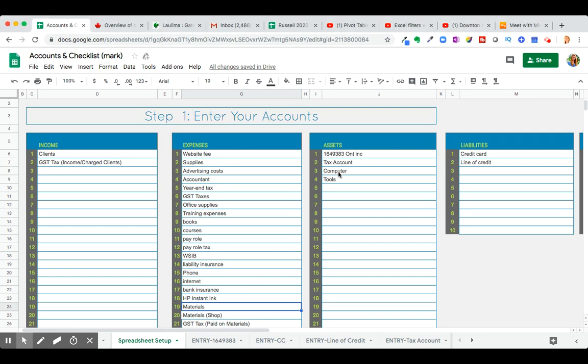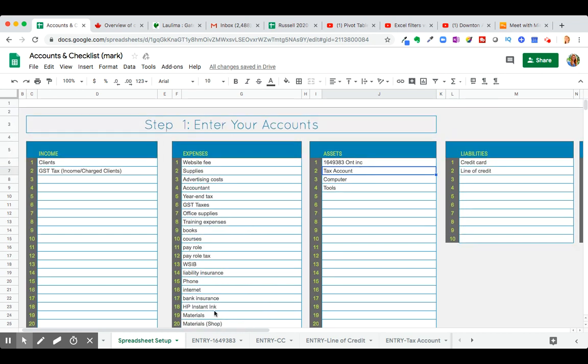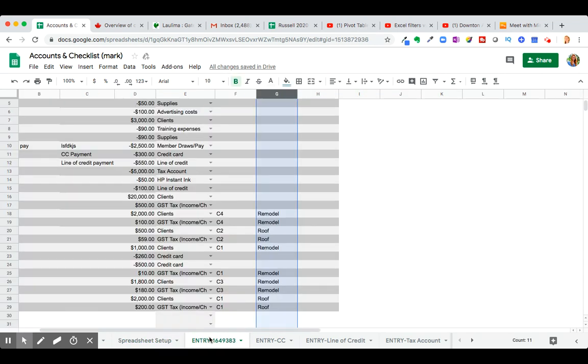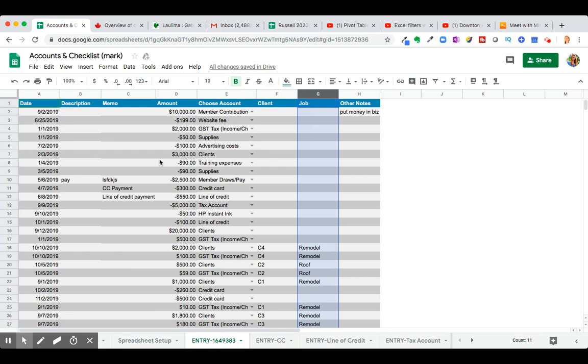I added in here your bank accounts just based on the names, because those are assets, part of the balance sheet. And then the main difference with this one, and there's data in here, so I'll delete this so that you can get your numbers in here. But the reason I thought that this was really going to be a better option for you is